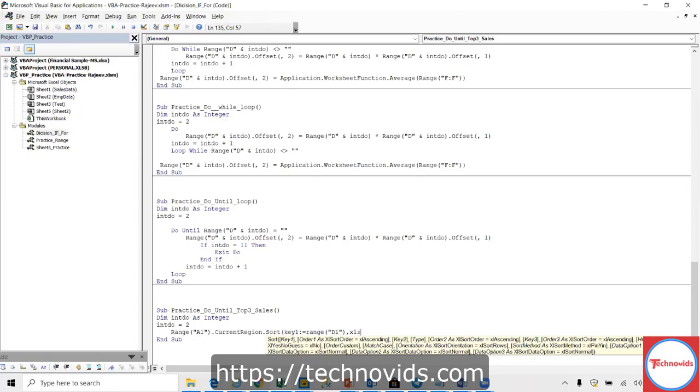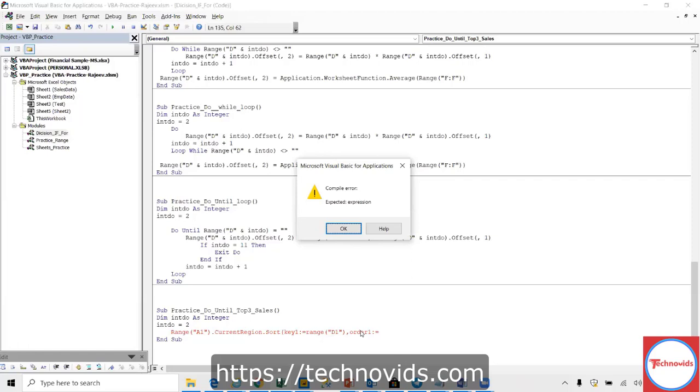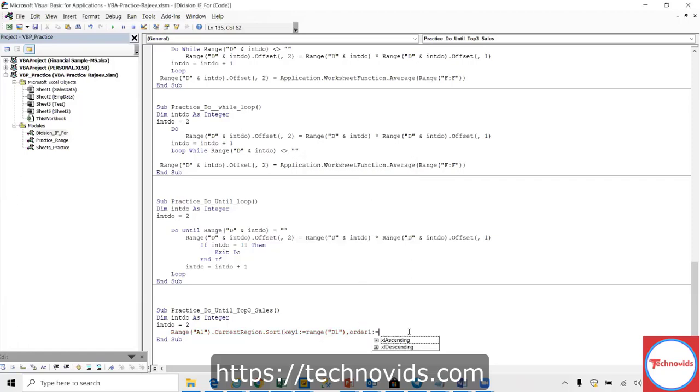Excel sort order. Okay. Excel sort order is equal to, right? Again, I can give this also, I think. So here it's prompting here. Okay, you don't have to remember all these things. Oh no, sorry, what I did, order one, sorry, not XLS orders. Order one is equal to Excel ascending or descending. It has to prompt. That's what I was waiting for. It has to prompt here.